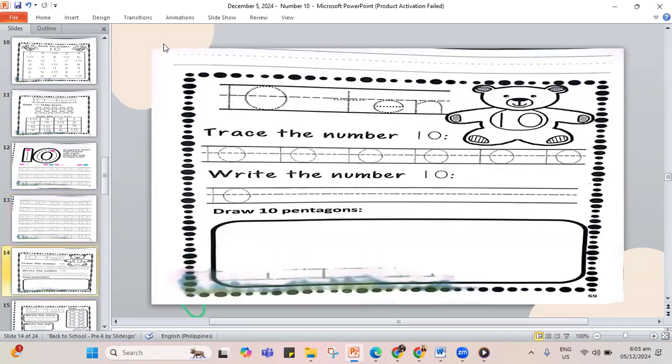Now, how about we trace for 10 and we get to write for the word 10. 1 and a 0, that is 10. T, E, N, we have the word 10. Let's trace for 10. A 1 and a 0, 10. Trace your number 10.